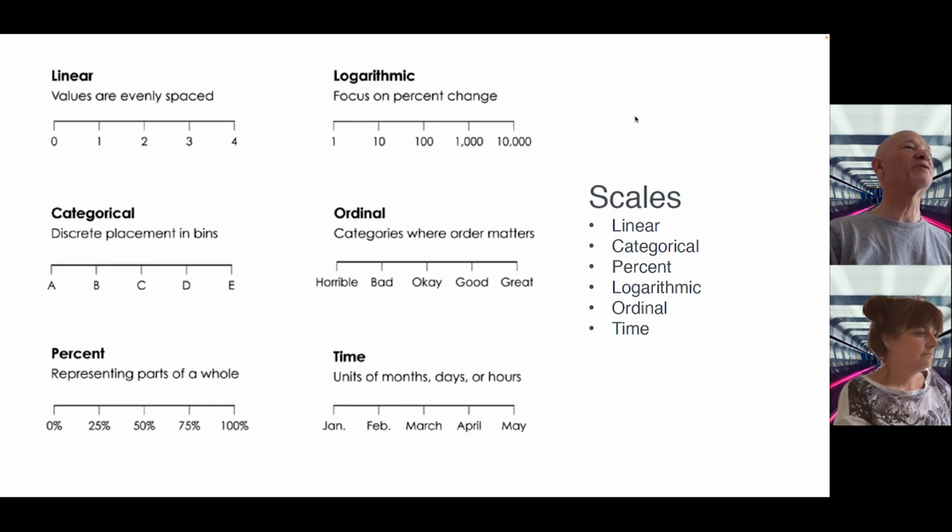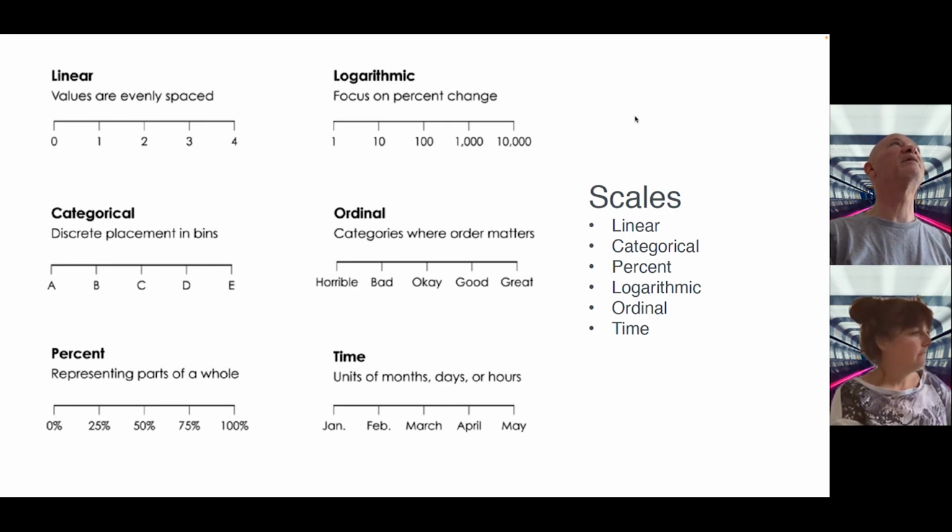Scales. It's good to know that if you're going to use a scale, especially a scale where the measurement itself, the numerical difference matters, where it's not very arbitrary, it's important to know that there are different kinds of them. So, just knowing that this is there and what kind you're using is important. So if you have, for example, the ordinal, the name says it there, the order is important. But if you look at the one from horrible to great, the ordinal scale, you can't say that something that's okay is exactly as much better than